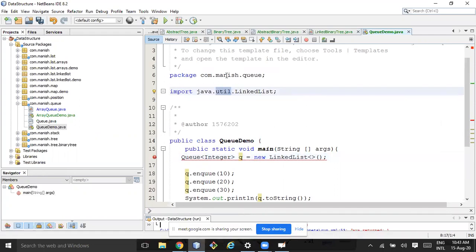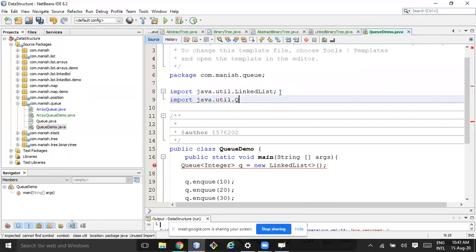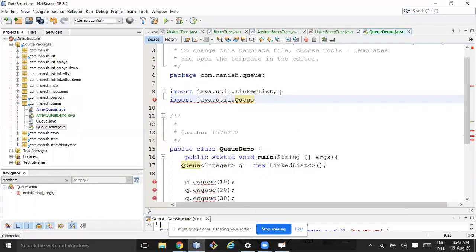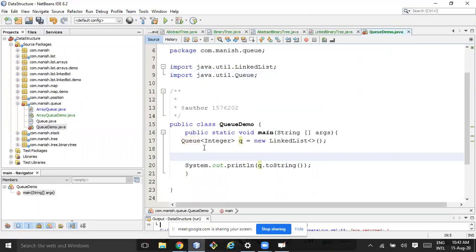Import java.util.LinkedList and import java.util.Queue. Okay, now it should be fine. Actually, it was taking it.